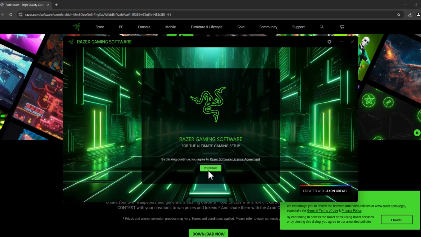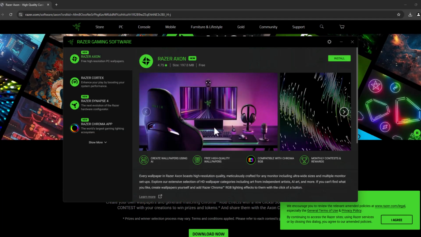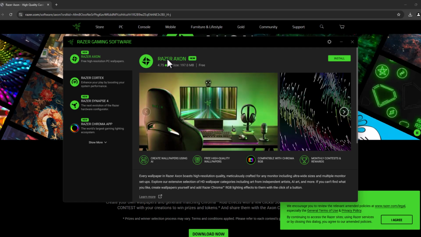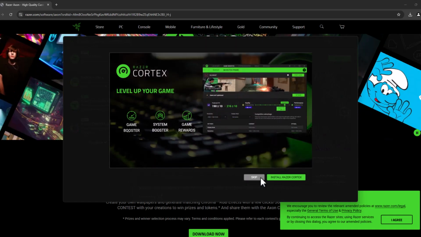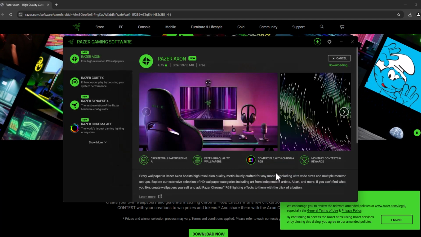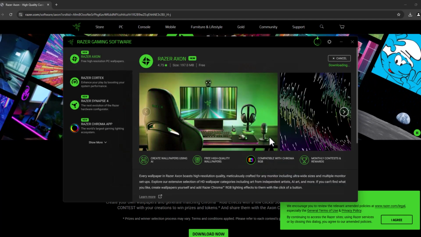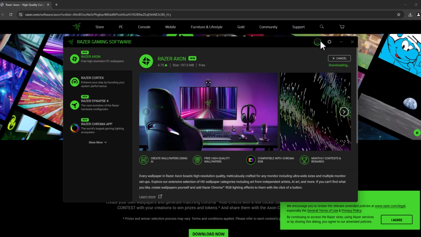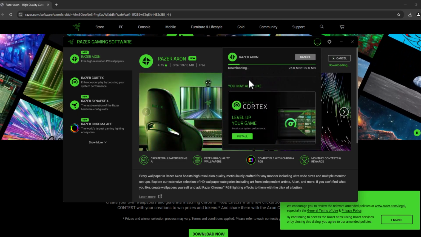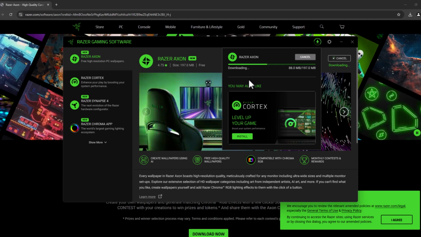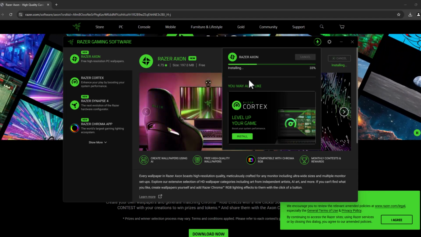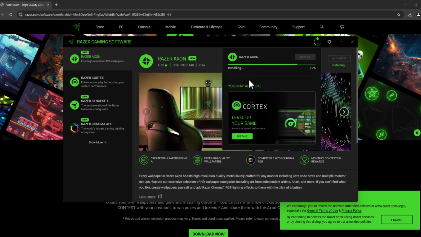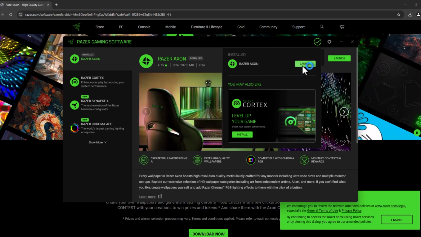After it's installed, select the continue option, and now you just need to select the Razer Axon, select the install option, select the skip option right here, and you just need to wait for this download to get done. After it's installed, select the launch option,